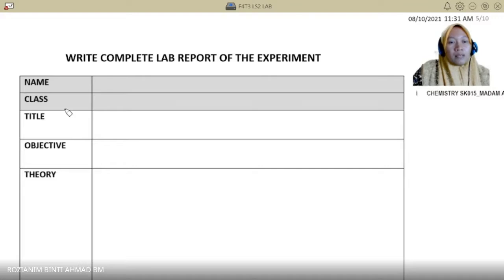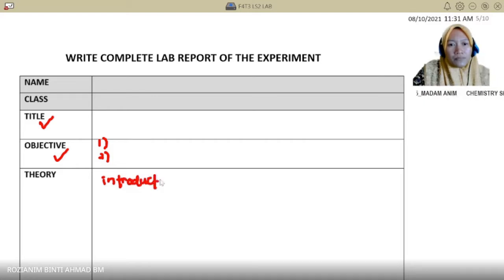Tetapi dalam writing report should be have the first title. How you come out the title, you just copy the title from the experiment 1, which is a determination of the what? Formula unit of a compound. Objective, just copy from the lab manual, number 1. Number 2, we have a 2 objective. Theory, so you copy from the concept